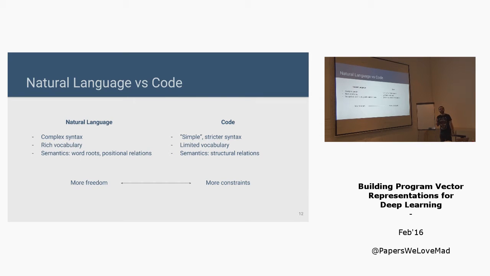There are word roots. So the word double and the word doubles are the same word. And in code, that might not be the same because one might be a type and another one might be the name of a list of doubles. If you look at the morphology, they are very similar, but in the end that similarity is not true because they have very different functions inside the code. So in the end, the semantics of code come from